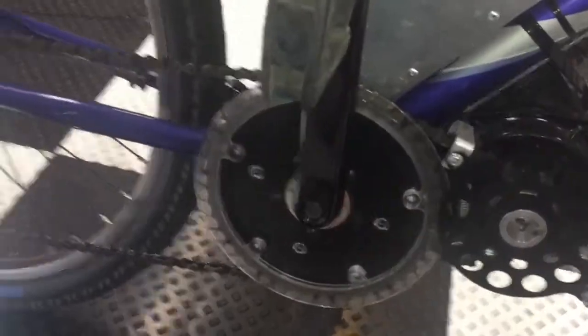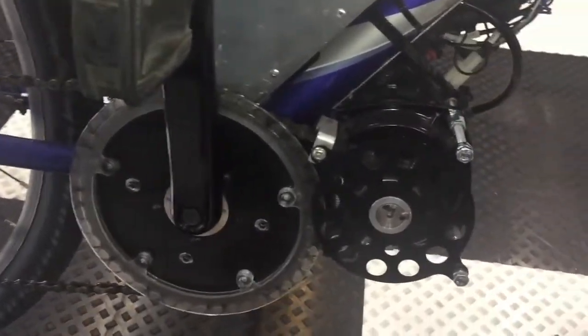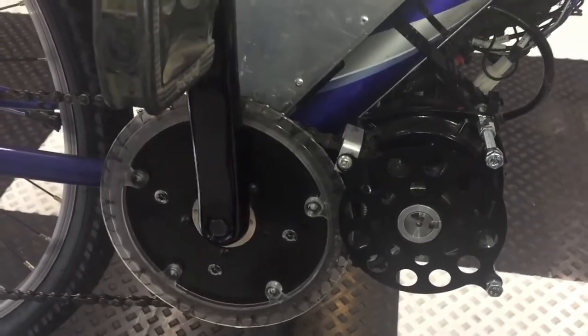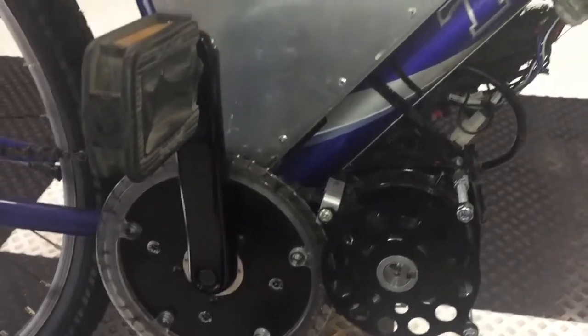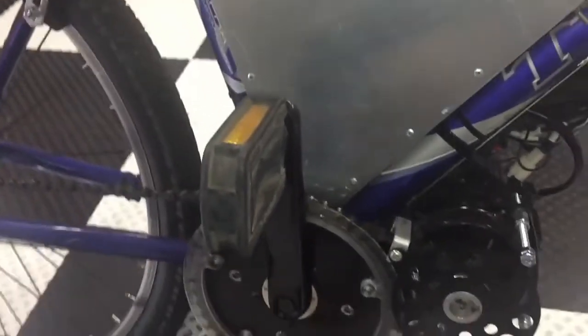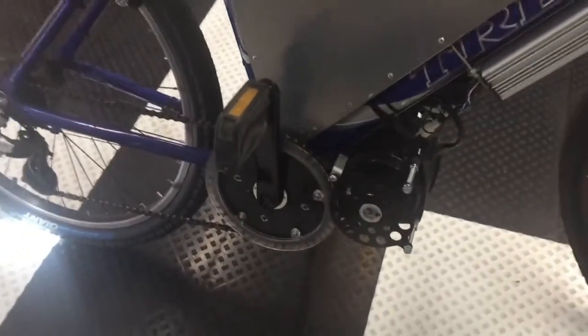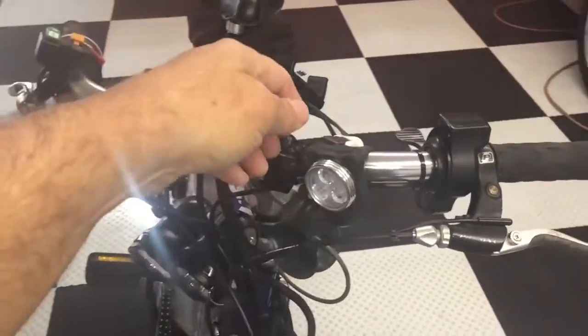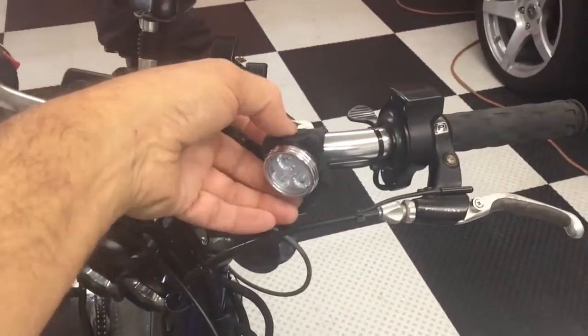to get you started. I added the chain guard here because I realized I'd need something to keep my pant legs out of the chain, especially as fast as this thing moves, and just reuse the stock pedals. Another thing that I wanted was a daytime running light, so I've got these, found these